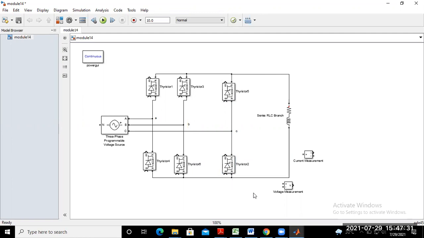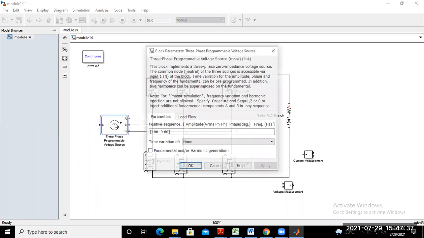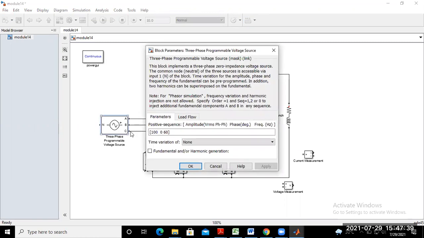Now it is connected. Again you have to put a specific value of source voltage. Then you just click here and put the amplitude value or RMS value or frequency here. So we generally put here frequency 50 and amplitude value, that means VRMS, the RMS value.